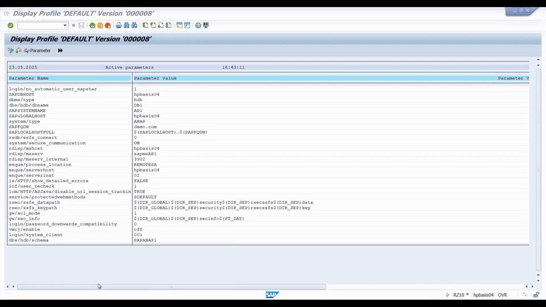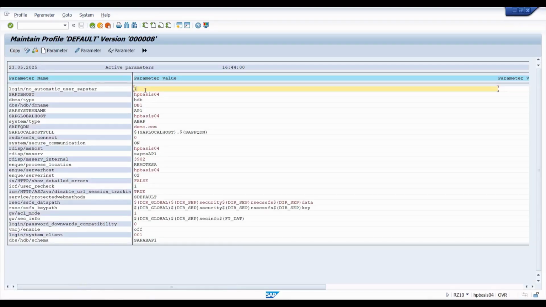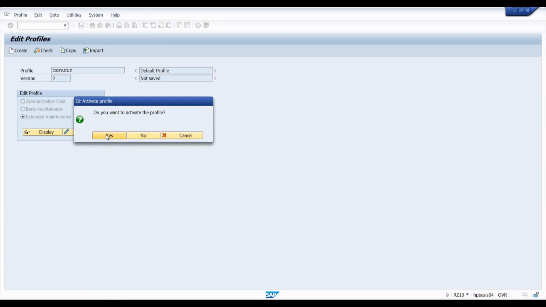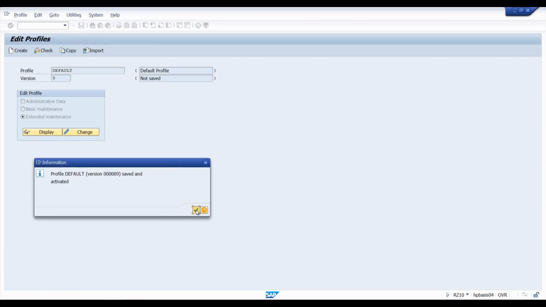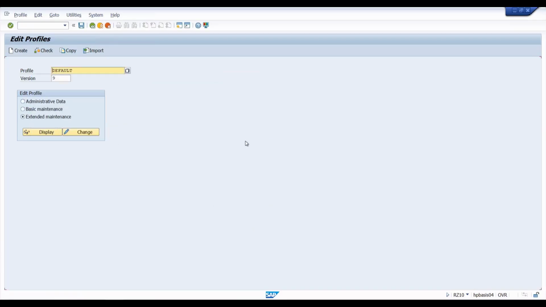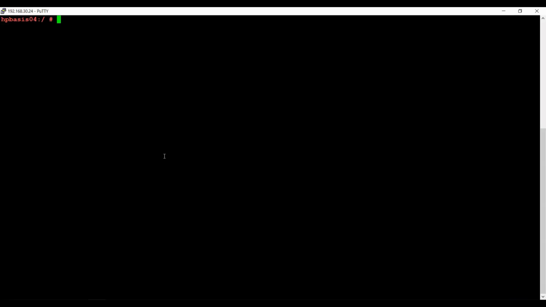After changing this parameter we need to restart the system, then it is going to be applied at the application level. So the change to the profile was applied, that is fine. I'm just going back, and then after you need to click save. Do you want to activate the profile? Yes, I want to activate it, continue. So see here, for the profile to take effect for a particular application server, you have to restart the application server. So definitely we need to restart the server, then only it is going to be reflected